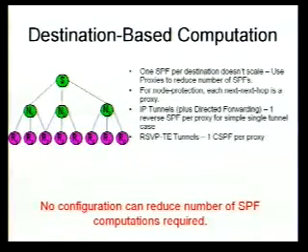If you needed multiple waypoints, it gets a little more interesting. And for RSVP-TE tunnels, well, you have to do one CSPF per proxy because you have a path. You need to find your path to get there. For TE, because it's explicitly routed, you don't necessarily have to do this each time the topology changes. You may be able to leave some of them alone. But regardless, there's no configuration to reduce the number of SPF computations that are required in this approach. It's based upon your network topology.